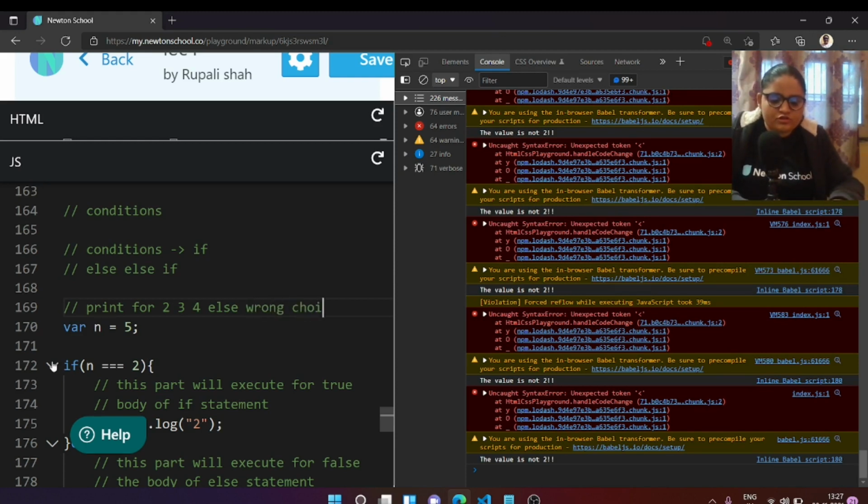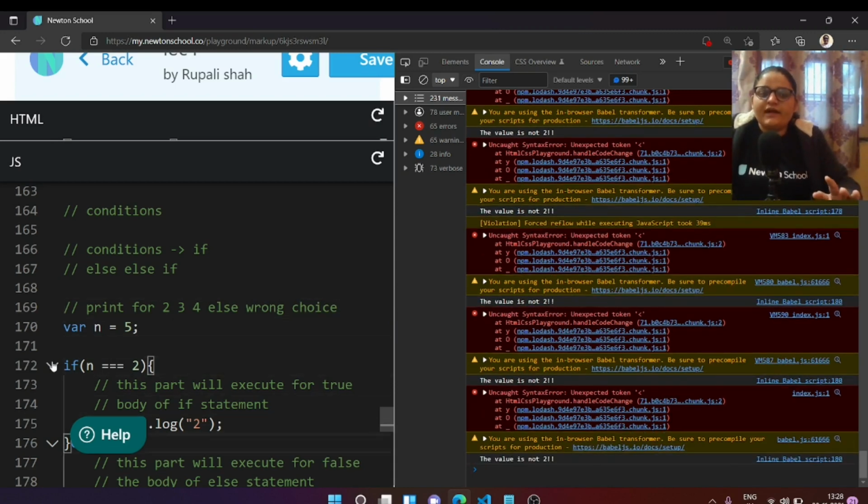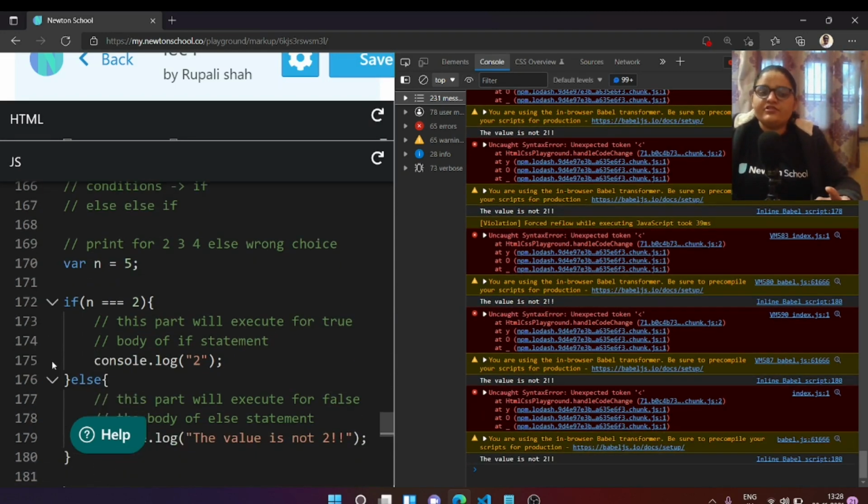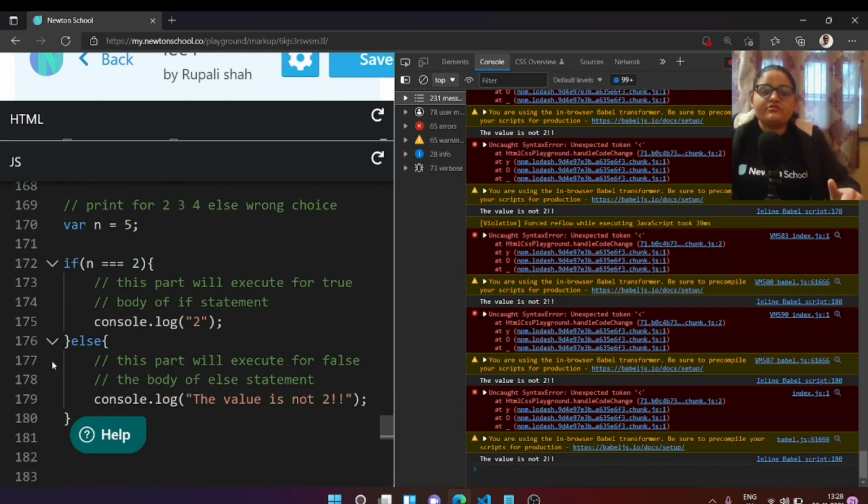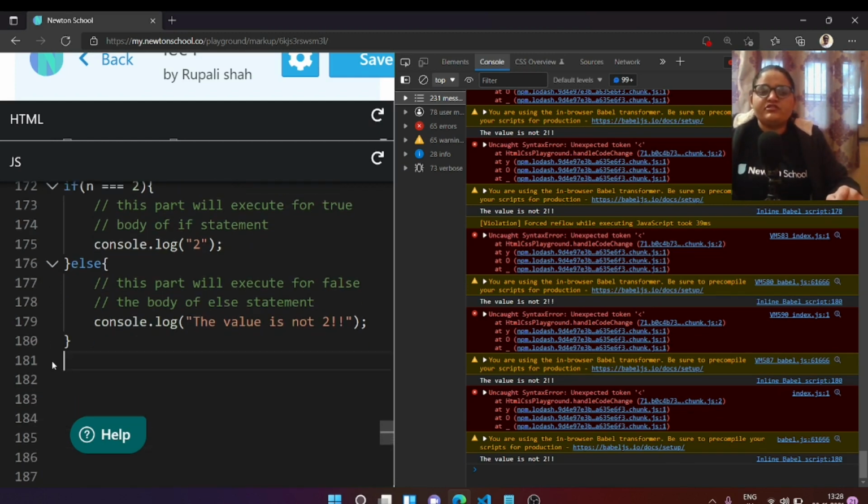Now this can be achieved in two ways, but the first way would be clumsy, it won't work accurately, and it would also be unprofessional. The first way is that we have an if block for n equals 2, an if block for n equals 3, and the same way for n equals 4.